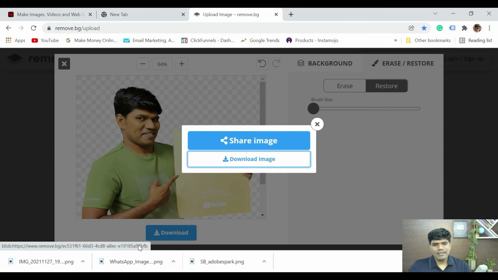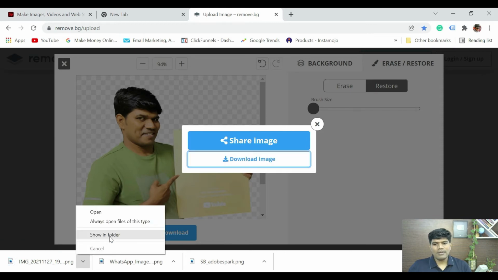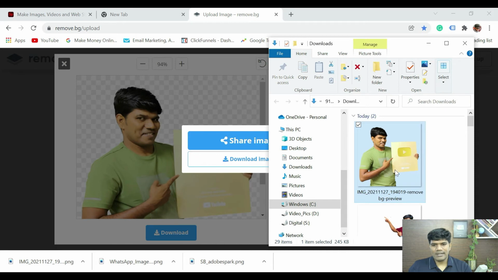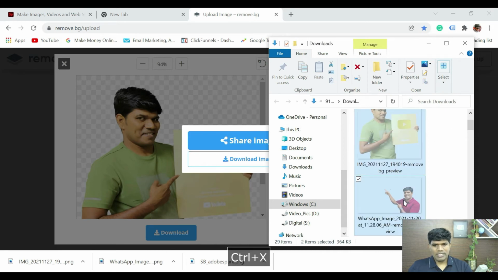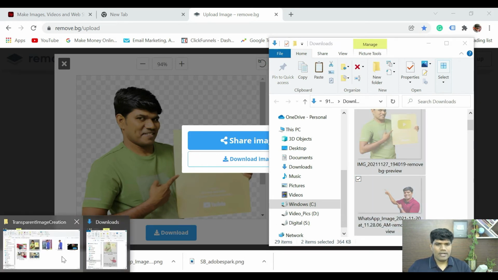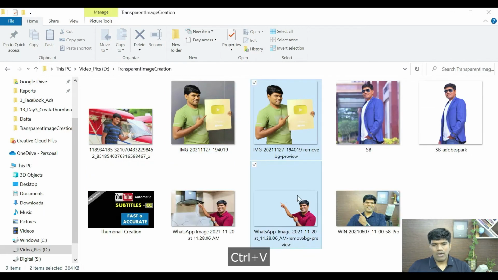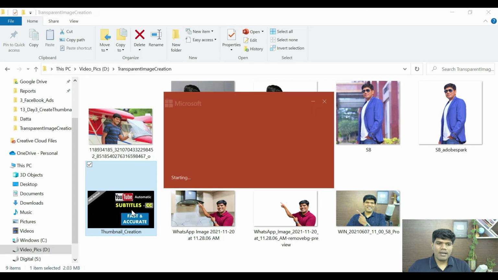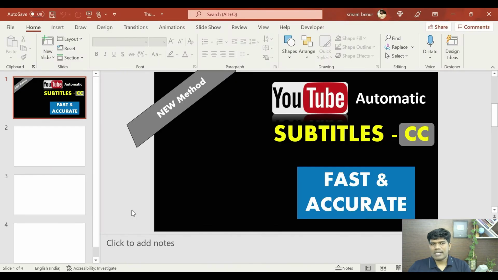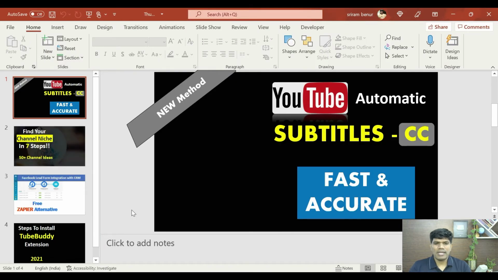Now once you have done this, you can certainly create thumbnails which are going to stand out. So let me just take these images and show you how to create a great thumbnail. So you could see this is a transparent image, this is a transparent image, this also is a transparent image, correct? Now usually I create thumbnails with the help of PowerPoint. You can certainly create with the help of Canva, whatever software that you are going to use. It's all going to be almost the same. Now if I put a picture here, it is going to look a lot better as well.